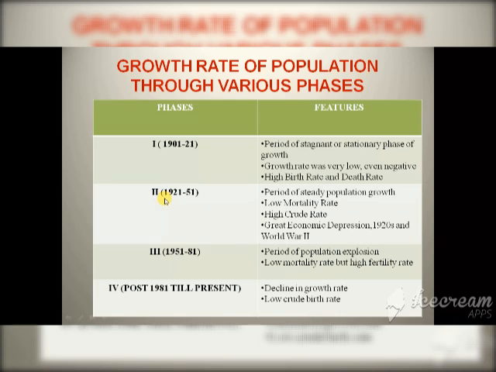Now the second phase is from 1921 to 1951. This is known as the steady growth phase of population. There was low mortality, but medical facilities had not developed yet. Growth rate was high, and in this era the great economic depression took place in the 1920s, and World War II also happened. We have studied in history that their consequences had a great impact on the lives of different parts of the world. So definitely